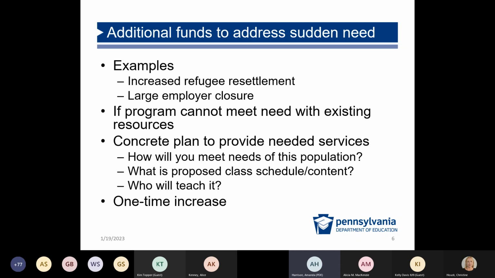we'll definitely consider requests for additional funding, but you have to come to us with a very concrete plan about what that is going to look like. It is a fairly arduous process to do what is called a funding adjustment. And last year we did some funding adjustments so people could request additional funding related to assessment. And then what ended up happening is many of those agencies ended up returning some of those funds to us in their final expenditure reports. And so that's just more work for everyone on both ends.